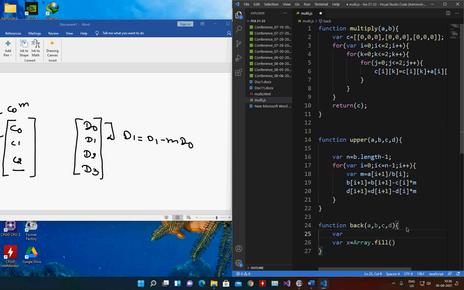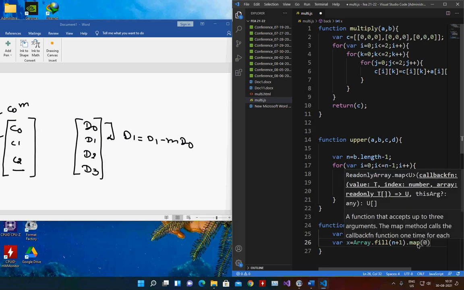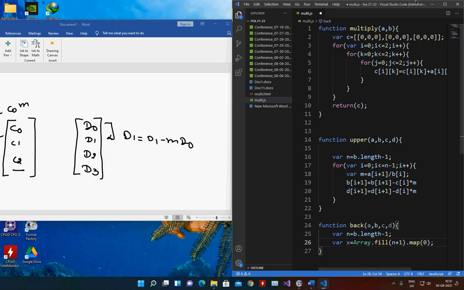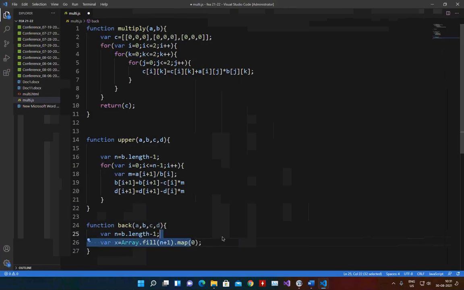Okay, var n is equal to b dot length, var array dot fill. So this is n minus 1. Okay, and I require n plus 1 number of values dot map 0. So this might be the syntax, so I'll double check it.